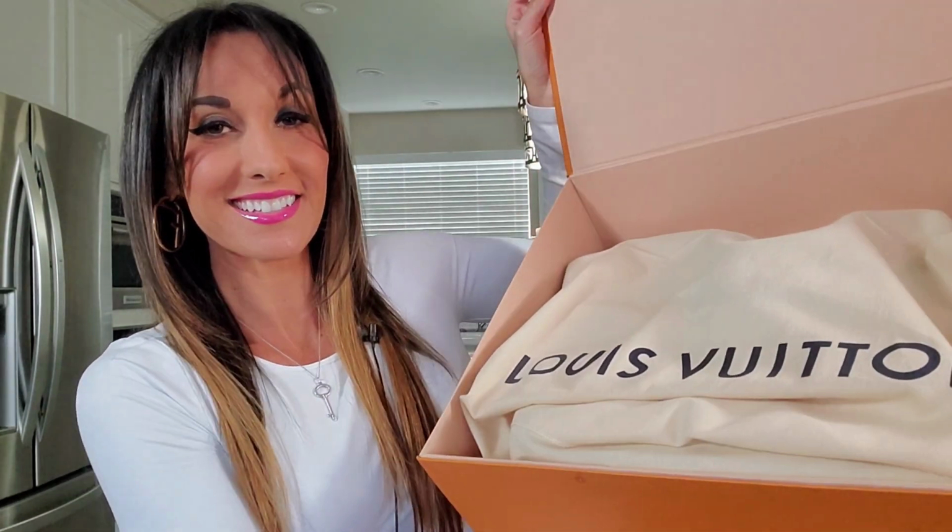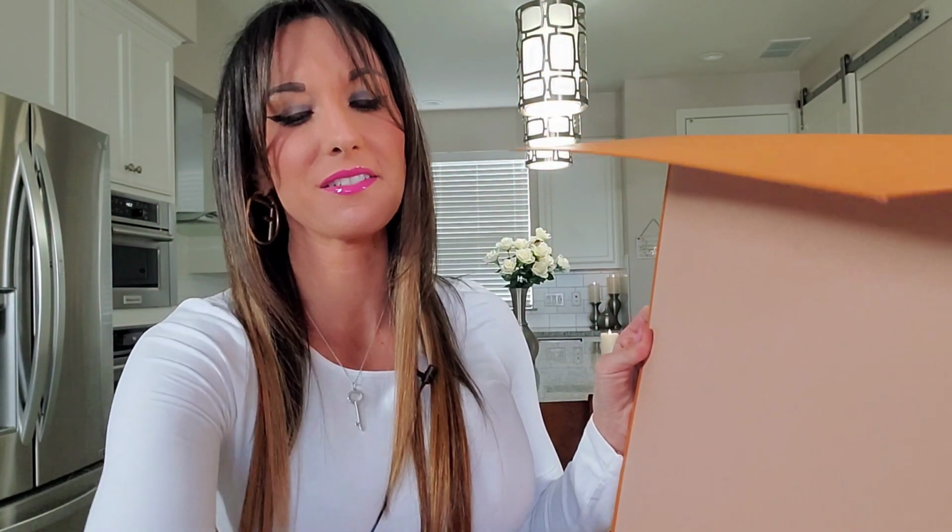Like I said, this is a Louis Vuitton new release unboxing haul. Let's get into the fun stuff. The inside of the box looks like this. We'll take the bag out. We have the beautiful and gorgeous, newly released Louis Vuitton